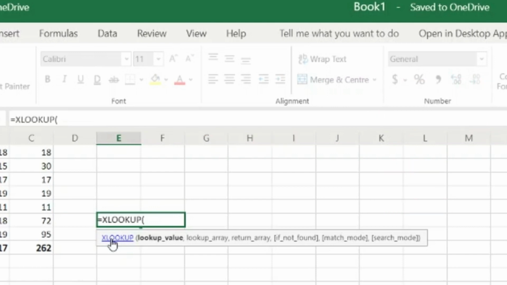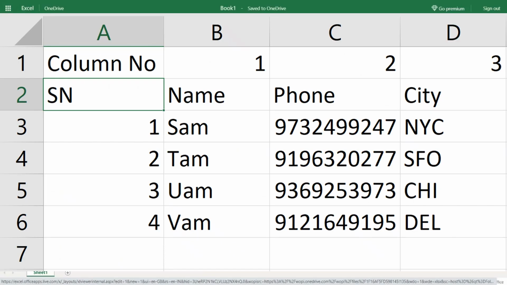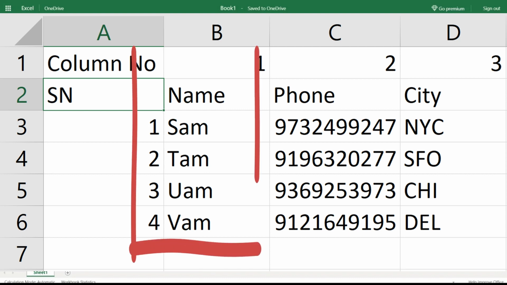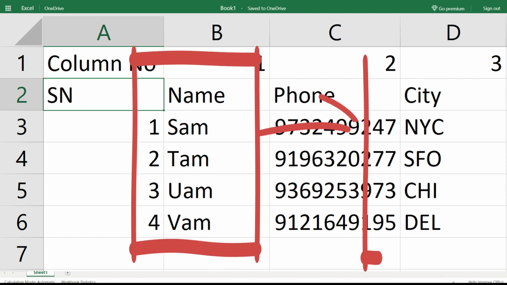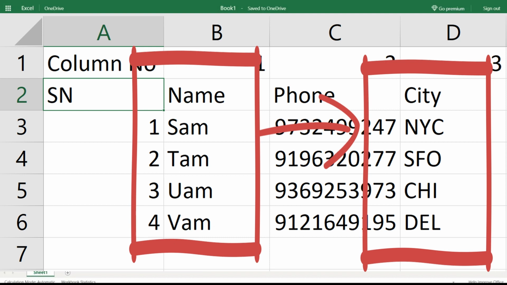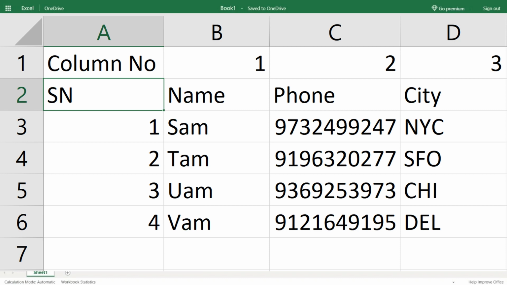I'm not saying that you will not be using INDEX, MATCH, HLOOKUP, and VLOOKUP. You'll still be using those. But for a basic user, it makes life very easy. A very small example: if I have to search something in VLOOKUP, I need to ensure that the first column is the data I'm searching, and then the third, fourth, fifth, sixth, whatever column it be, is the data I'm looking for. In XLOOKUP, you can also look backwards. I'll be making a separate video for XLOOKUP, but here you get the idea that it is the most advanced version of Microsoft Office which you can get.